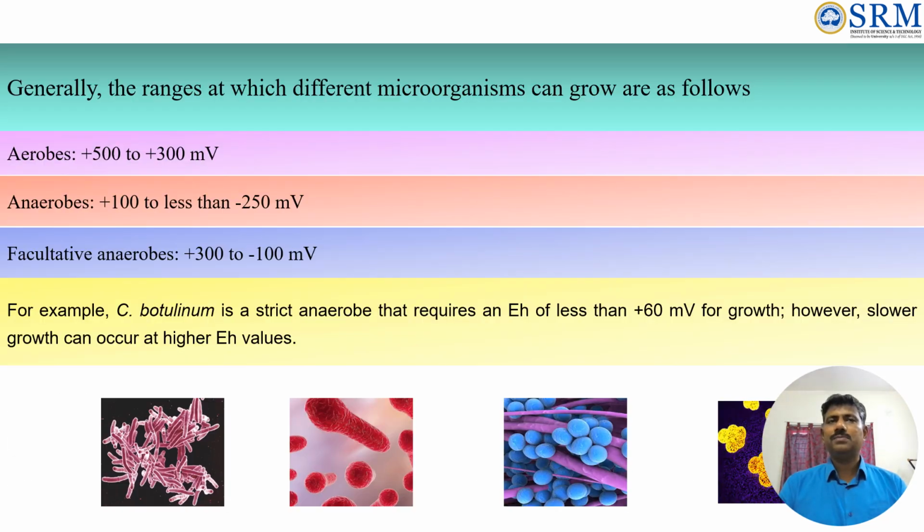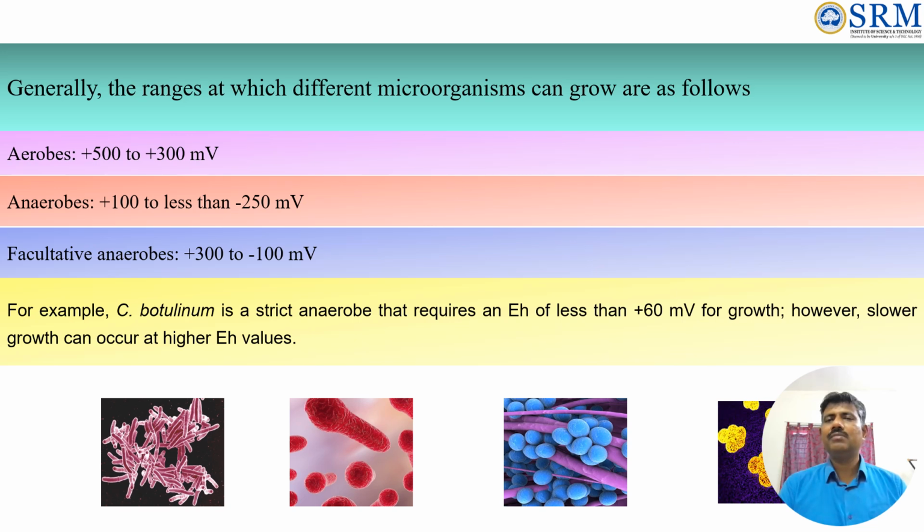Aerobic microorganisms require an oxidation reduction potential (OR potential) ranging between +500 to +300 mV, whereas anaerobic microorganisms require an OR potential ranging between +100 to less than -250 mV. In the case of facultative anaerobes, the required OR potential ranges between +300 to -100 mV. For example, the Clostridium species or Clostridium botulinum is a strict anaerobic microorganism, or obligate anaerobic microorganism, that requires an